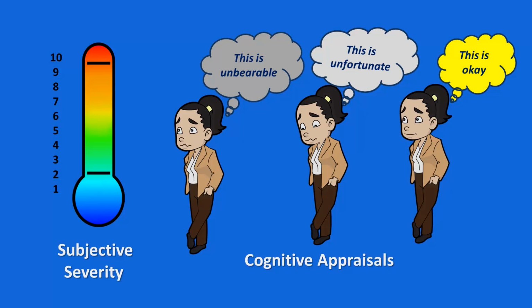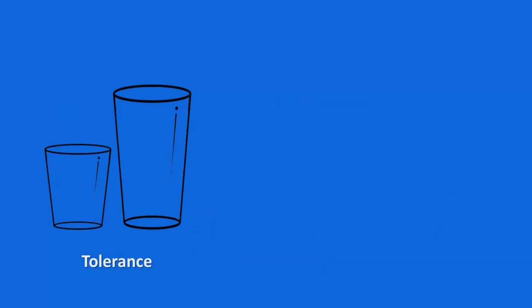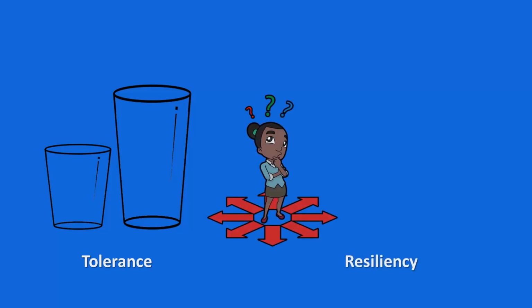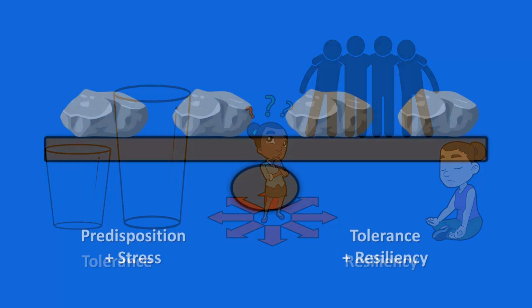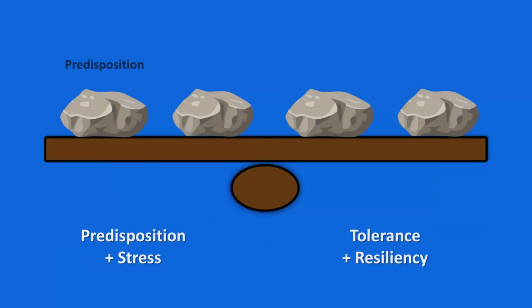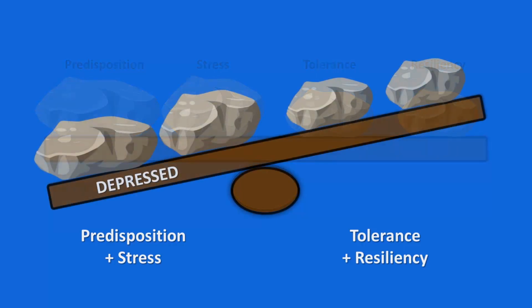And whether or not this loss triggers depression will depend on our levels of tolerance and on how resilient we are and how well we're able to cope with the loss through things like resourcefulness and problem solving, and with the help of our social supports, and through our own internal resources, such as our ability to regulate our emotions, cope with stress, and deal with and manage the consequences of the loss. And so if our levels of predisposition and vulnerability to depression, plus the severity of the loss or stressor we're facing, outweighs our levels of tolerance and resiliency, then we become depressed.